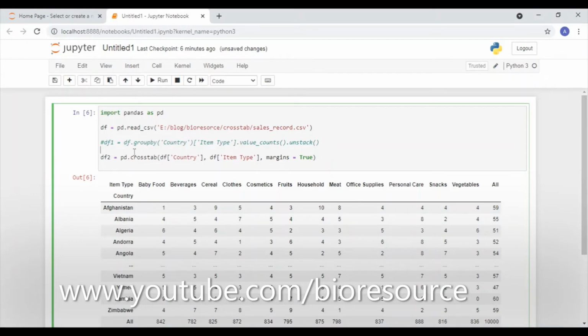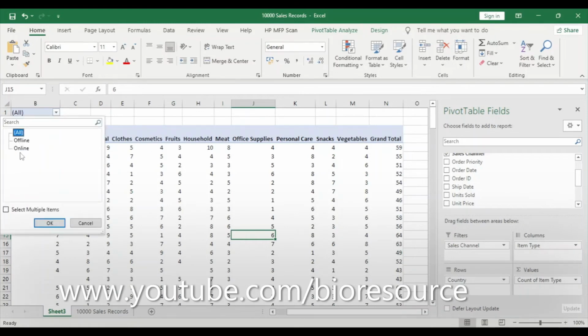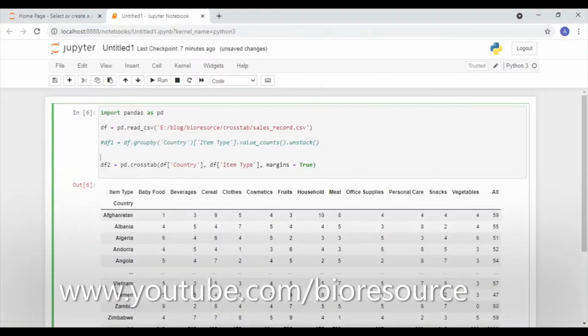Now additionally we can filter this further, like how we used the online channel, sales channel filtering. So let's select online. Now we have the online channel data. So let's see how to do this using cross tab. So we can use df dot loc function. Df, we want to filter the sales channel.